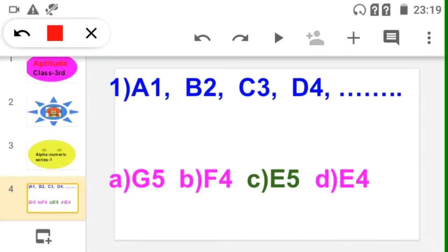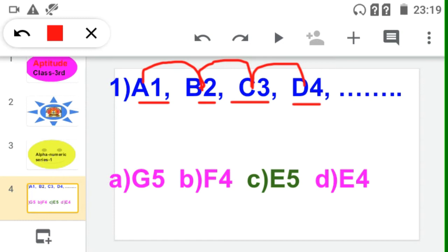Now see in that series, see here, A after B is there, then B after C is there, then C after D is there. So it is the first term, second term, third term and fourth term. So what should be the fifth term? That time always see the first term and second term. Whichever similarity is between these terms, that only we have to apply on the next term.